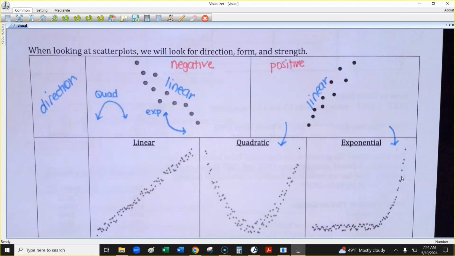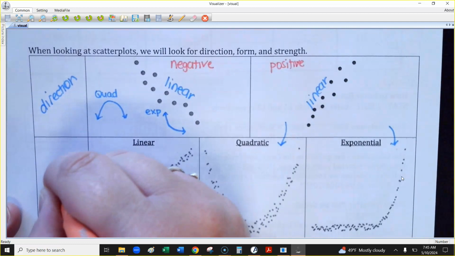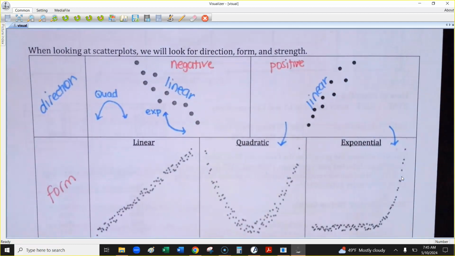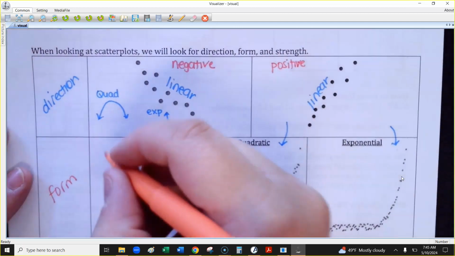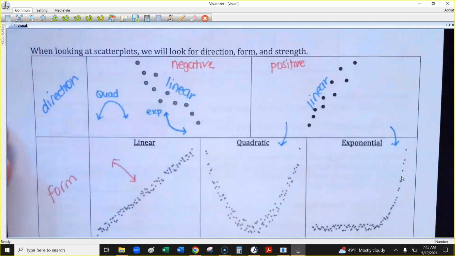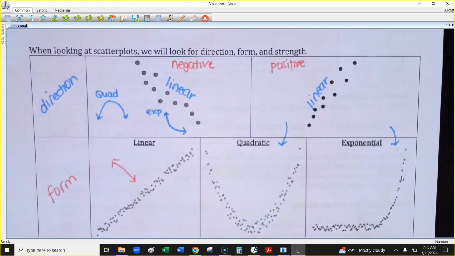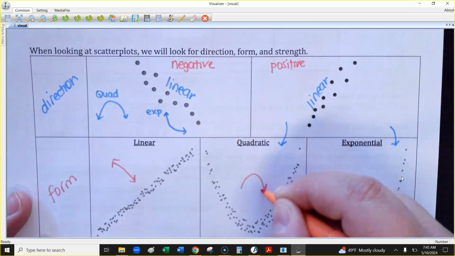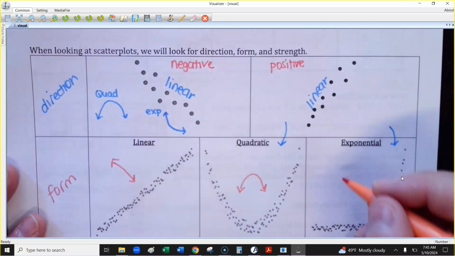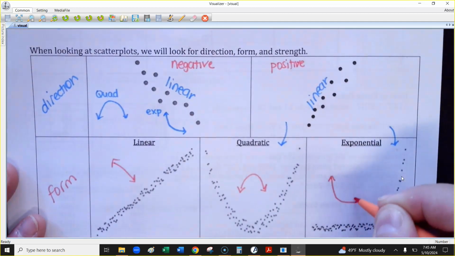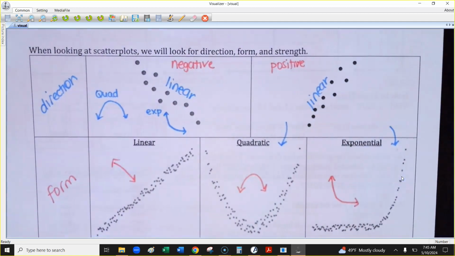Okay, now that's direction. The second thing is the form, and those are just the three different types I just mentioned. Does it look like a line? Does it look like a parabola? Does it look like exponential growth or decay? Like a line, you could also have one with a negative direction. For a quadratic, the negative direction would be upside down. And then for an exponential, it would go that direction. With a scatter plot, it wouldn't be an exact parabola, line, or exponential model,